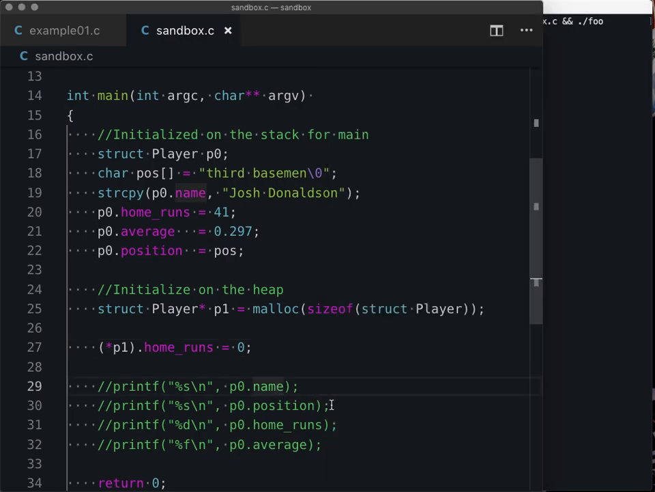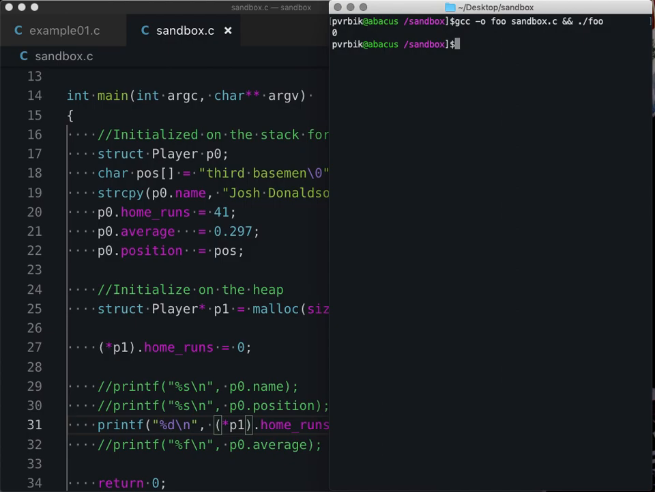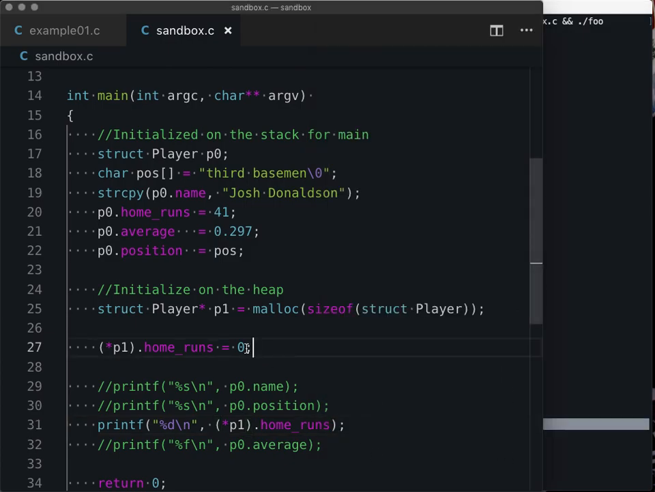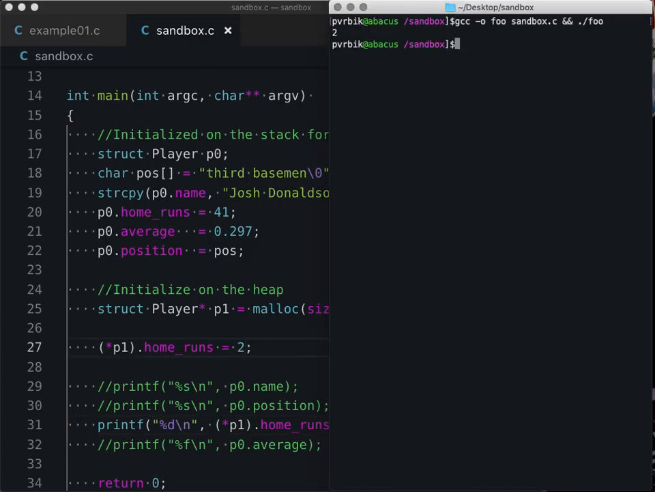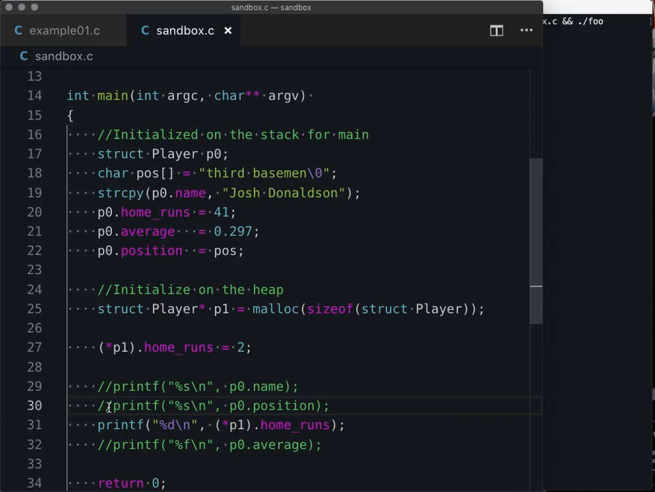Let me try printing some of these. So which one do I need? Home runs. Home runs for P1, but I need to dereference P1 before printing it. 0, right? Maybe I'll put this to 2. 2. Okay, so you see, you don't need this arrow stuff. If this arrow confuses you, you can stick with the dereferencing if you want. But the trouble is that